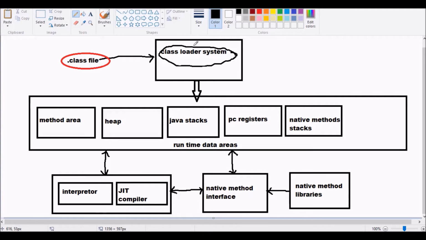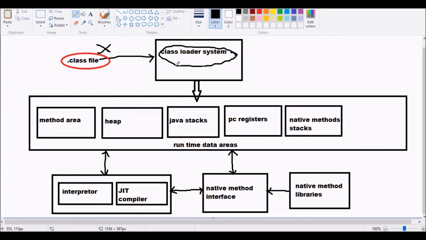Now it is going to verify this dot class file code. So it will move from hard disk to RAM, and it will verify this code. If it is wrong, it will show some errors and come out of the JVM.